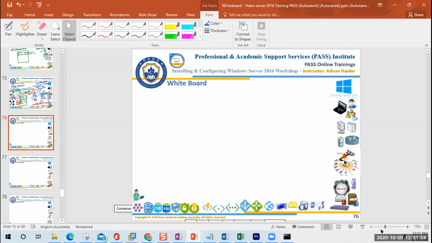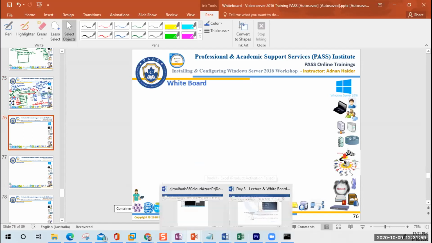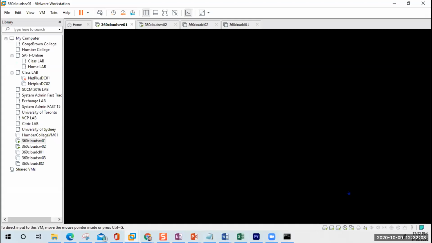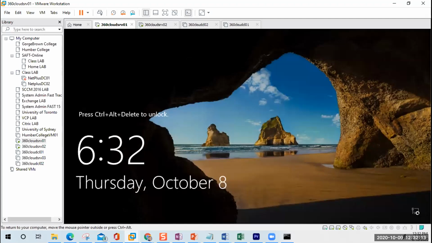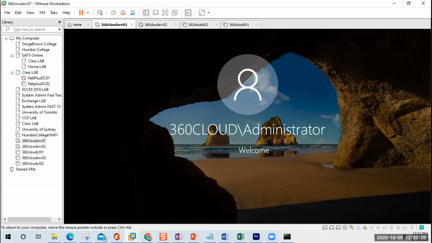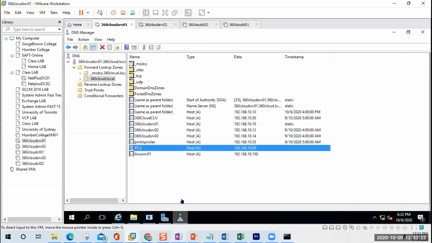Now, DNS has different types of records inside. Now that we understand the overall purpose of DNS, if I go to server number one, let's see, there are different types of records that are used in DNS. The most common record that is used in DNS is known as a host record. So right here you see this is the type of record. There are these three types of records. So first of all,